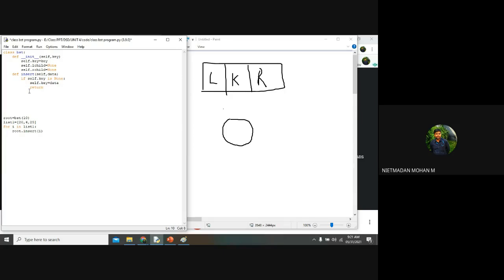So next, what do we want to check here? Equal, greater than. First we can go with equal to. If self.key is equal to data, then what do I want to do? Not allowed, so it won't execute that part. If I am giving 10 here, the first value will be 10, so it will check whether self.key is equal to data. Yes, self.key is equal to data, and it will terminate the program and go to the second function. It won't take the first element, right?